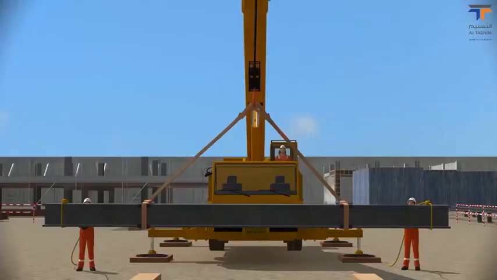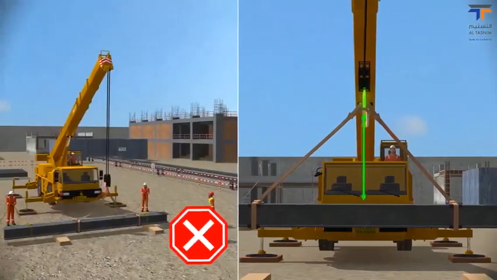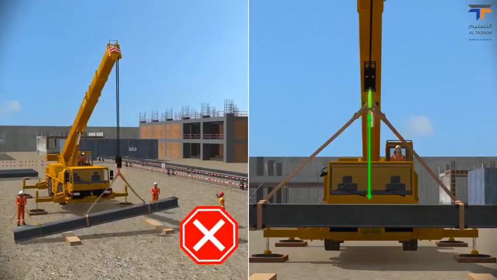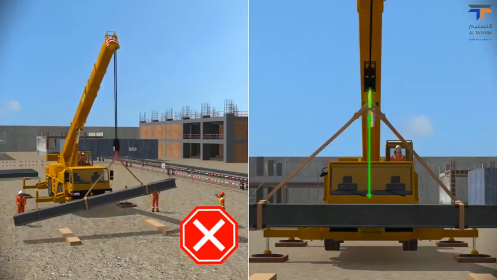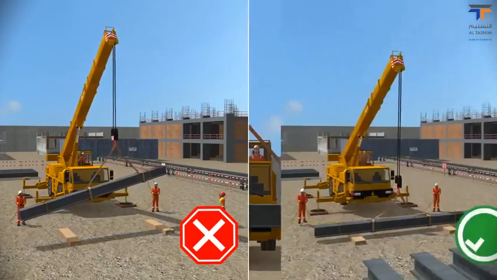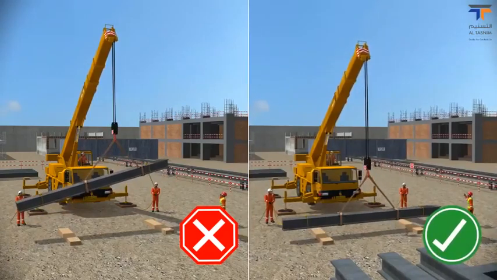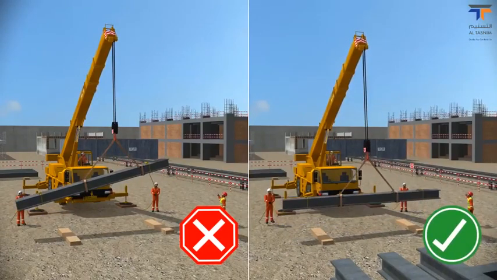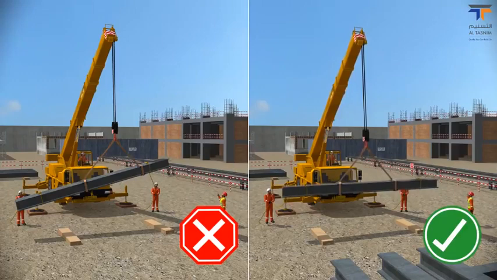While lifting the weight, the hook should be right over the center of gravity. If this rule is not applied, then the weight will get lifted in a tilted position instead of a straight position. In such cases, the sling will have unnecessary weight and the load may become imbalanced, which is dangerous. This kind of problem must be